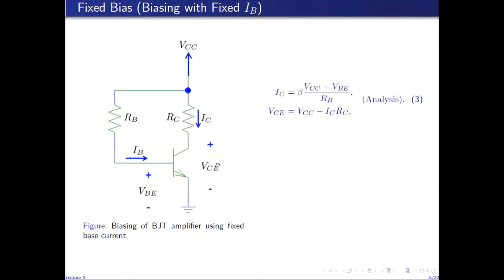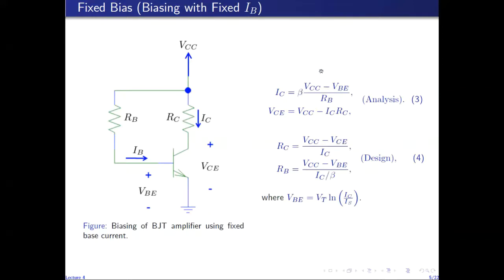Similarly, the output collector emitter voltage is given by writing an equation for the voltage around this loop. So VCE is given by VCC minus ICRC. We can invert this equation to get the expression for RC given the bias point VCE and IC. And similarly, we can invert this equation to find an expression for RB given the bias point, given IC and VBE,